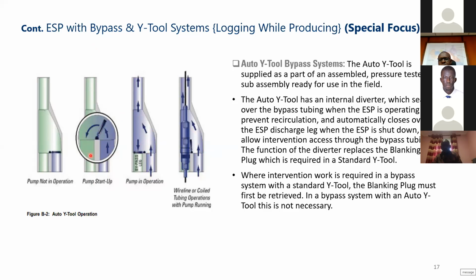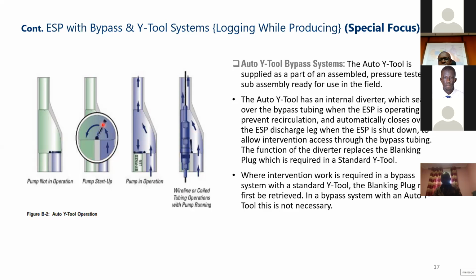It has a diverter valve that is already installed. Whenever the ESP is running, it will push it with pressure and seal the other side for the bypass tubing, allowing the ESP to flow. And once the ESP is stopped, automatically the flapper will go back to close the ESP side, allowing any access for the coil tubing or slickline operation to be run without the need of the